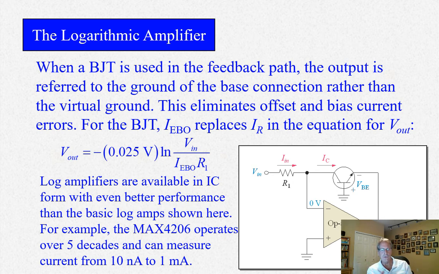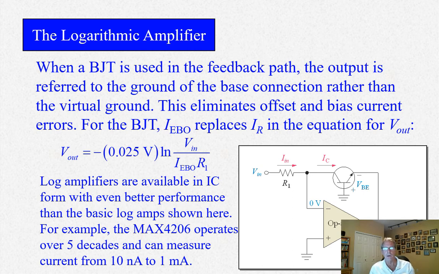There are other techniques that are used nowadays. Not only the BJT or diode and feedback, but other techniques, and you could probably guess that they're more digital in nature. Sometimes they'll take the analog input, digitize it, put it into a logarithmic lookup table, and then output it again through a digital to analog conversion. So all in one package, you've got this little state machine, if you will, a little lookup table, and those can be a little more linear, a little more true. And I encourage you to go on DigiKey and look up logarithmic amplifier